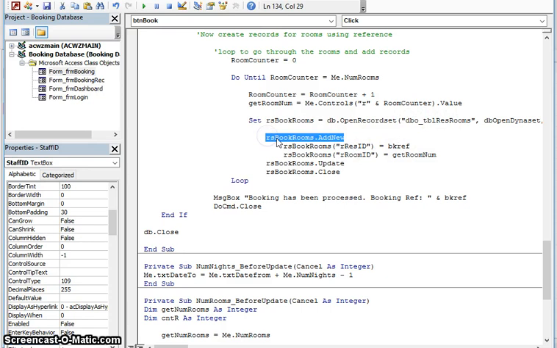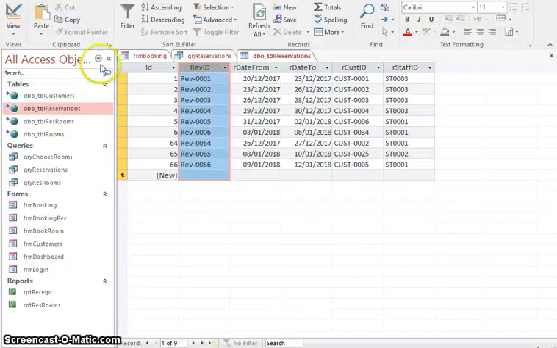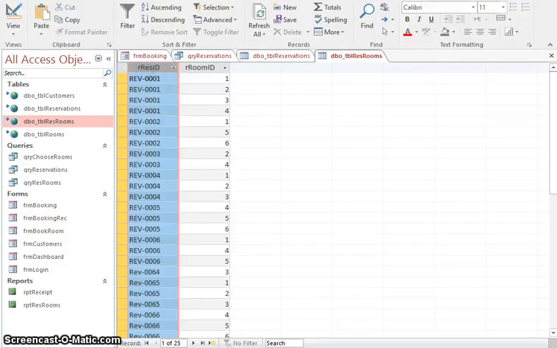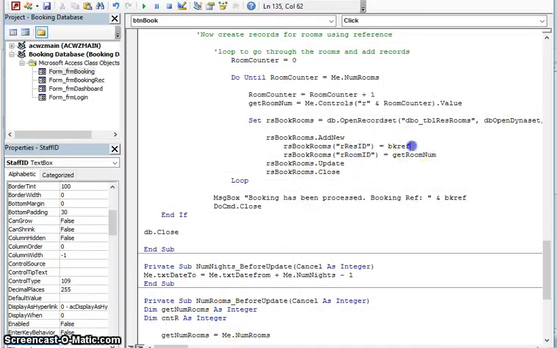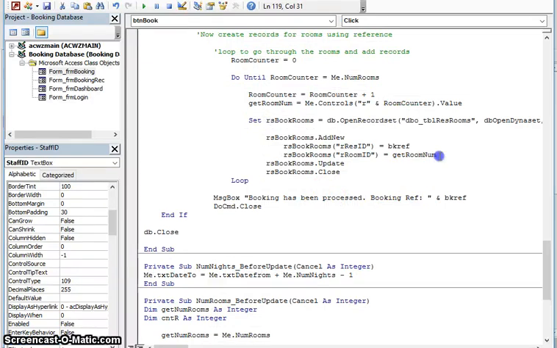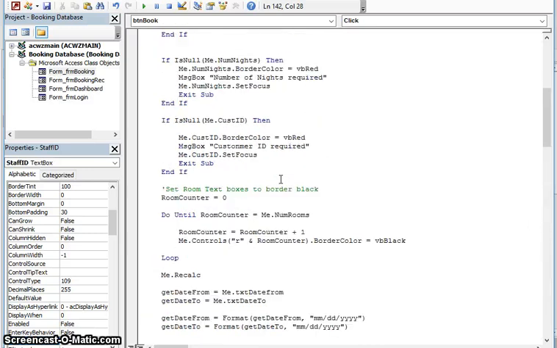So that record set dot add new, and in that record set I'm going to add the booking reference, which is res ID is equal to this booking reference that we've got here, and I'm going to actually add the room number. Going to update and basically process the booking and close. So it follows a simple pattern of record set